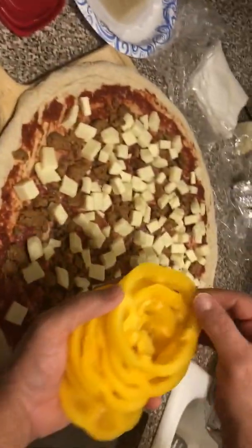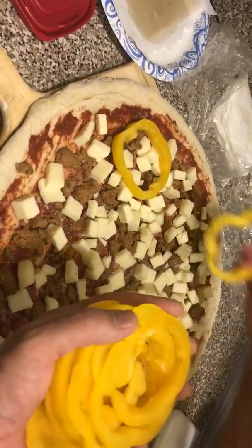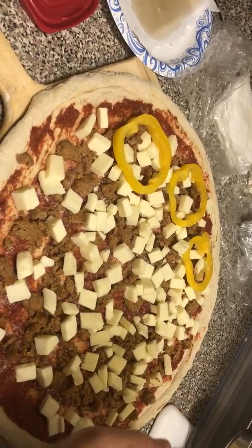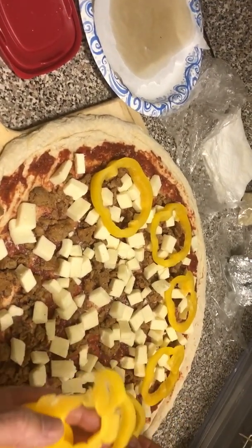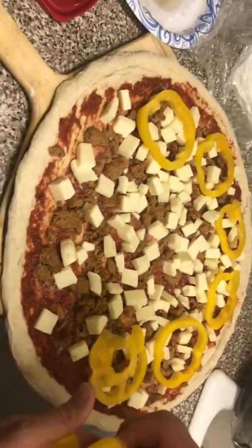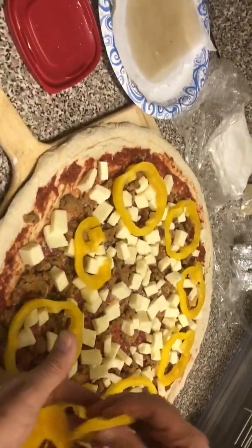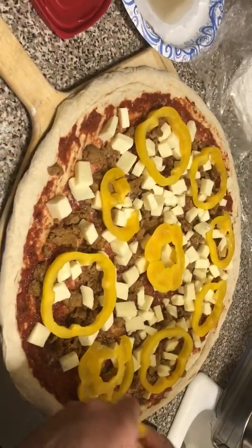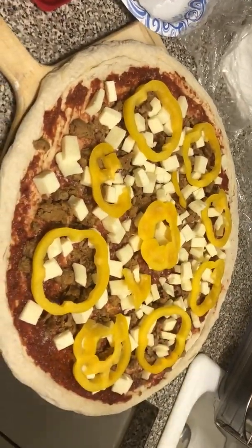They'll call back. We're putting fresh bell peppers. Uncooked, I sliced them nice and round so they look nice and pretty. And we're gonna put this on today. For you guys, to make it fancy for you guys. Okay? So don't say I never did anything for you. There you go. We're gonna cut this one in half and put half there and half there. Now I'm gonna slide it in the